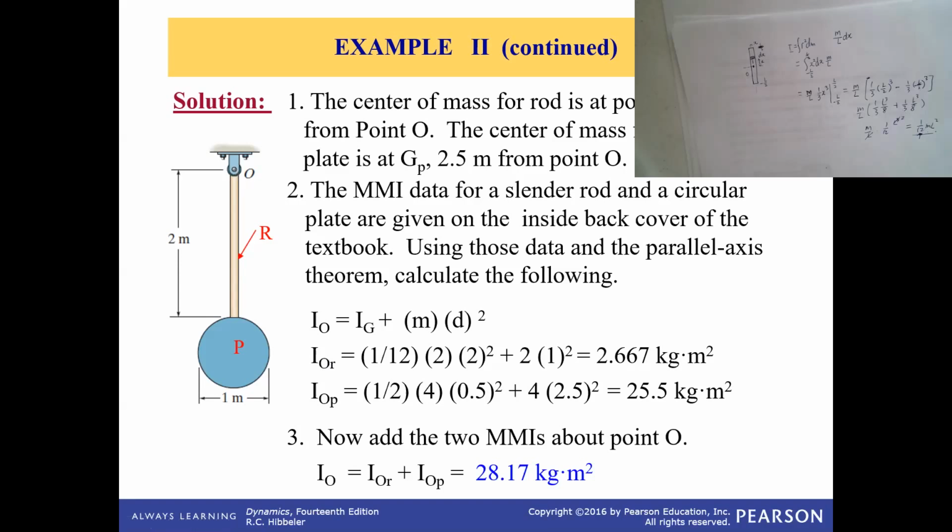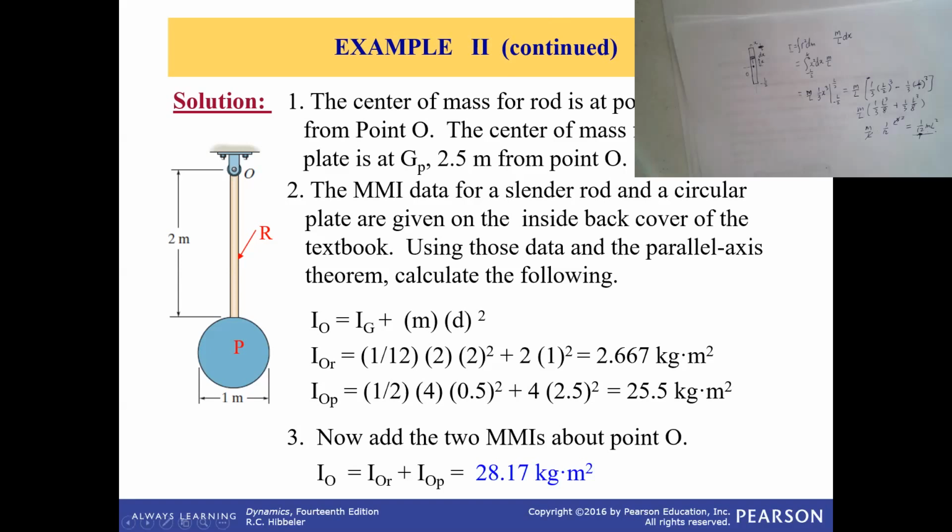Or you can use what we got from the earlier concept quiz, where the rod is now rotating about an axis going through its end. So then that's going to be 1/3 of m times L squared, which will also give you this result. Either way. For the plate, you can take again the center.